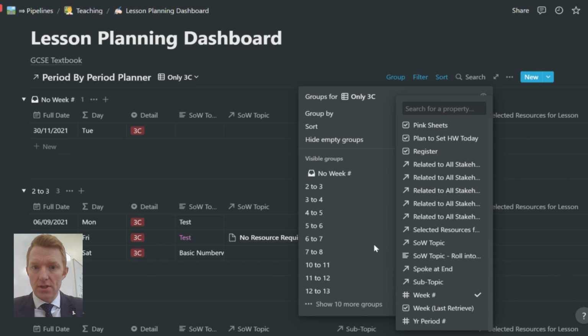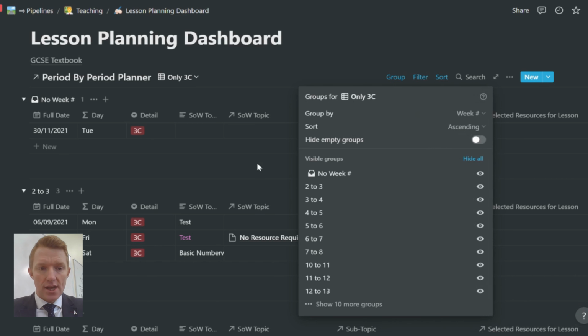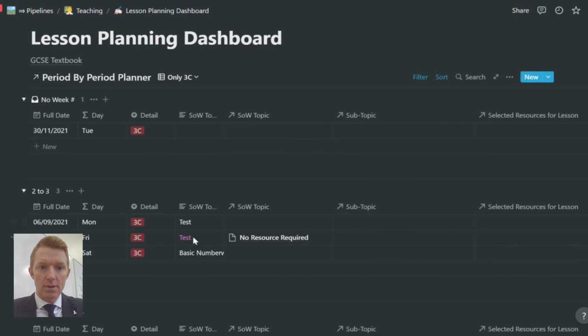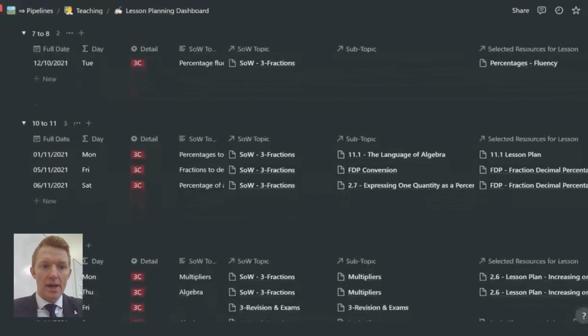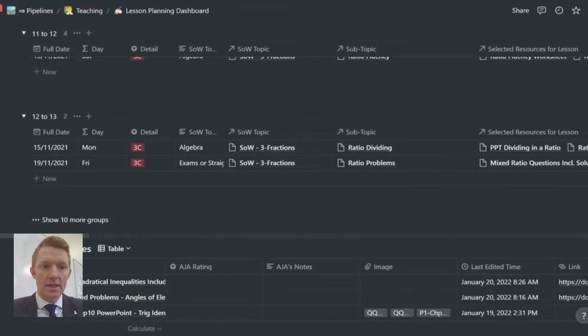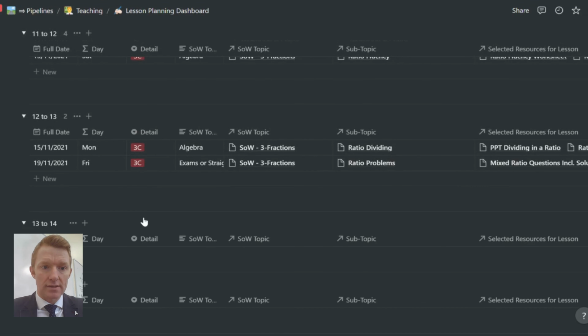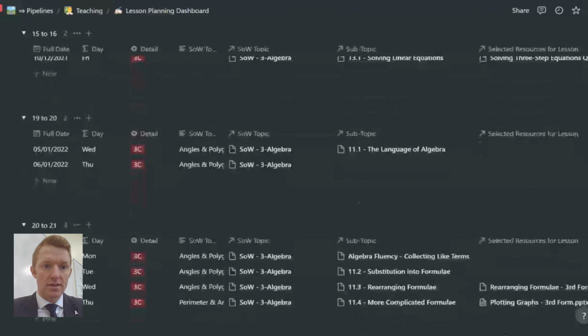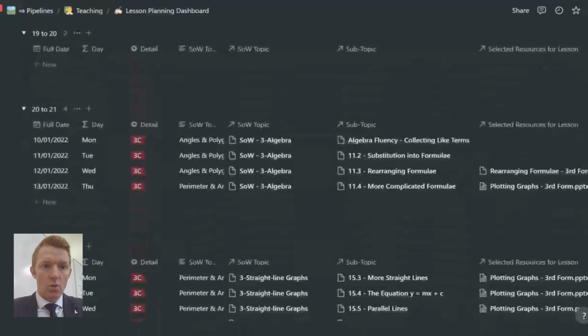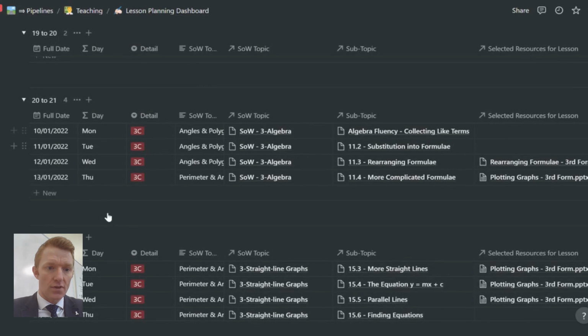Okay, which is how I would prefer to show this. And then when we come back into our table, we can see that Notion has grouped this by all the lessons for a particular week. Okay, and I'll tell it to show me more of those weeks, which is great. So for the current week,